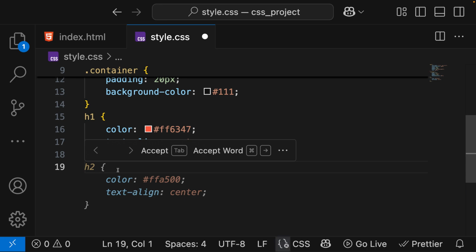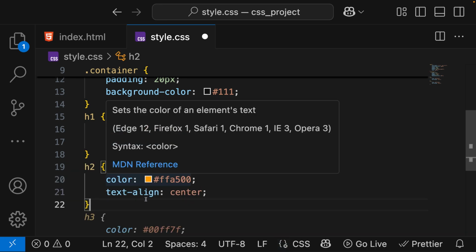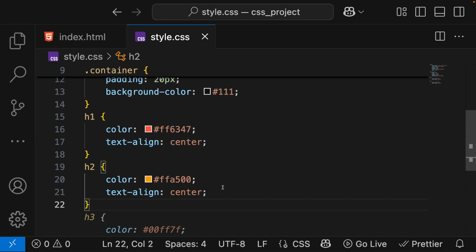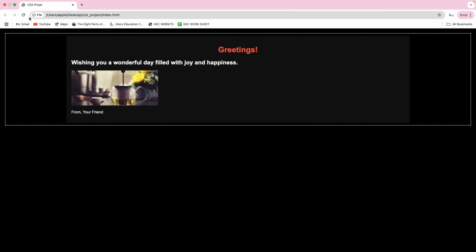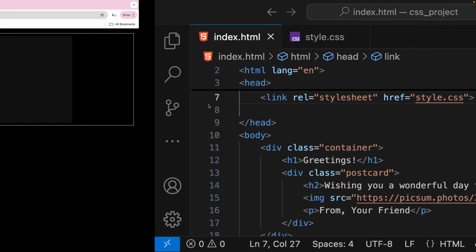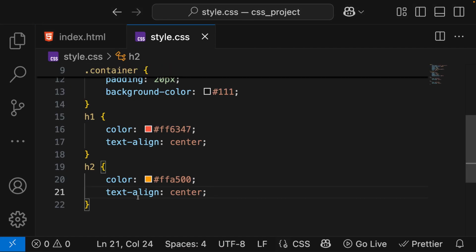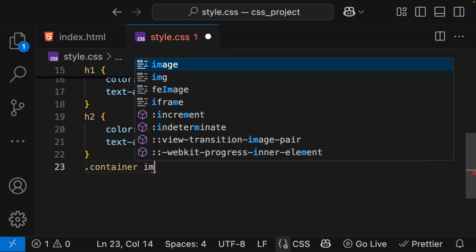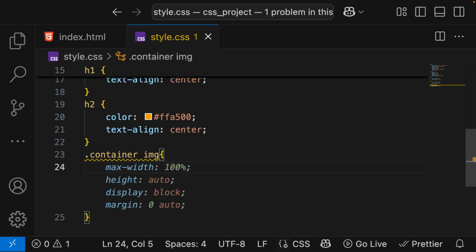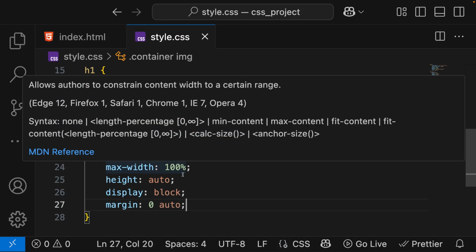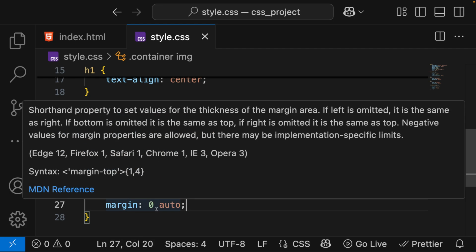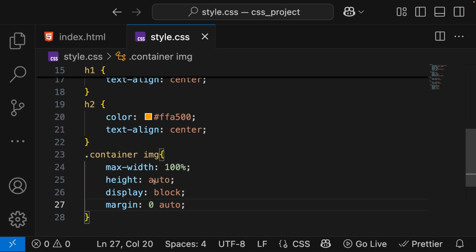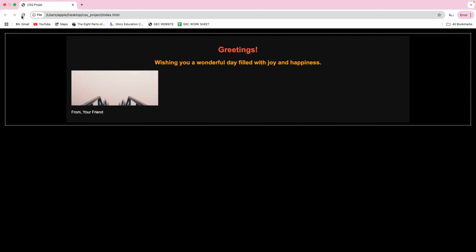And then for the other element, we'll set H2 text color and set it in the middle of the page, and then we will set dot container img. The image tag inside the container: max width is 100% and height is auto, display block. I will set the height to, let it be auto right now,